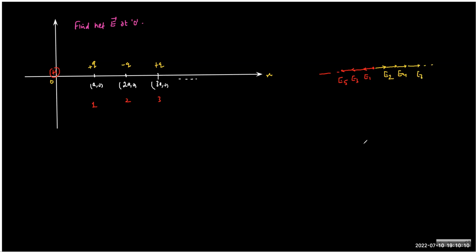So the idea is simple. If O is the place where we have to find the net field, the nearest charge will have the dominance. So which charge will eventually decide the direction? The first one, plus Q. Very good. So the net field at O will be...